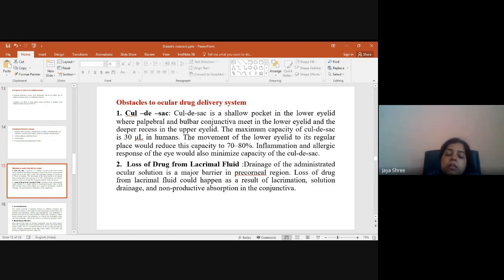Actually, via the ocular drug delivery system, the bioavailability of the drug is only 5%. The bioavailability is very low because of these barriers. First is the cul-de-sac, and second is loss of drug from lacrimal fluid. As soon as somebody puts a drop on the eye, obviously the loss of drug from lacrimal fluid could happen as a result of lacrimation, solution drainage, and non-productive absorption in the conjunctiva. So these are barriers. And apart from this,